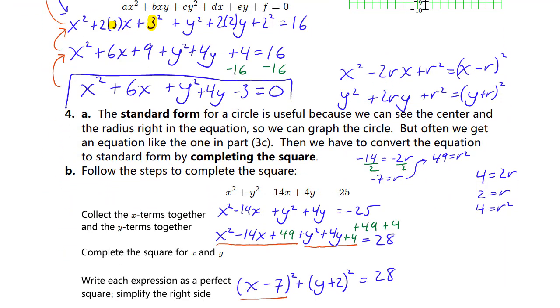What is it that you can square to get 28? Well, how about the square root? So I'm just going to write that as the square root of 28 squared, which is the same thing as 28. But this way you can see that the thing that's being squared on the other side here is the square root of 28. So that's the radius,